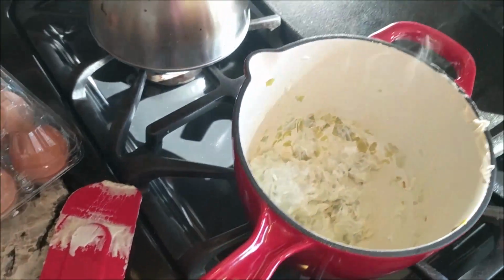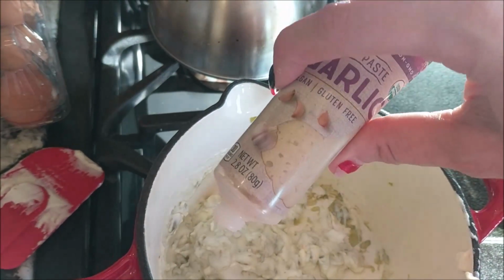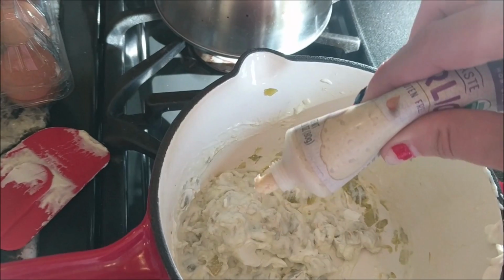I'm going to take my garlic paste. I got this actually at Aldi. It was one of the seasonal ones. Once you open it, the paste only lasts like 4 weeks. I'm just literally putting in a...